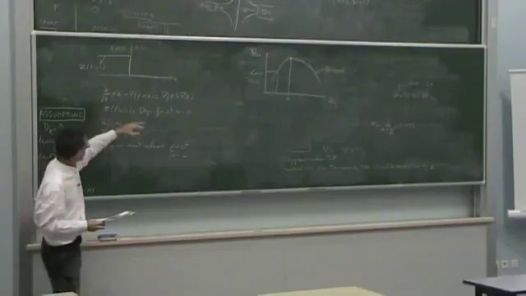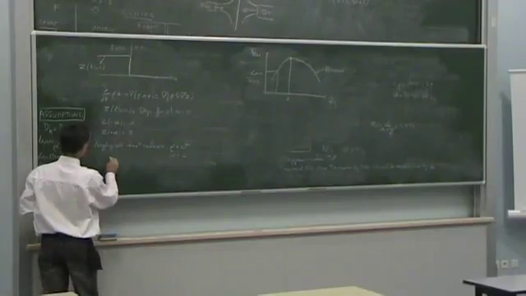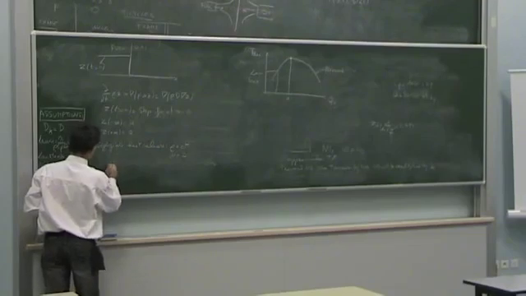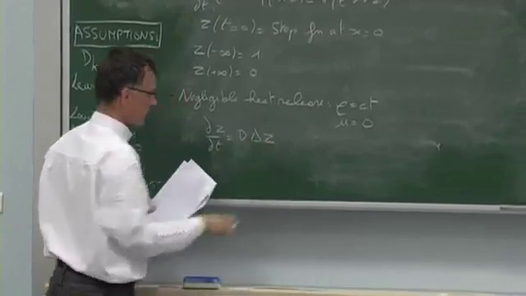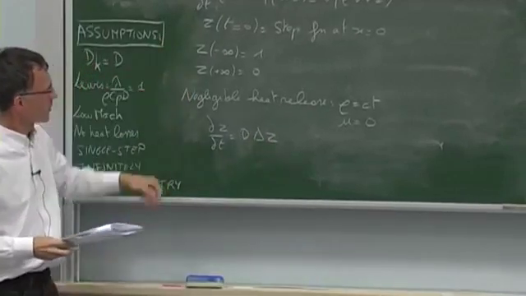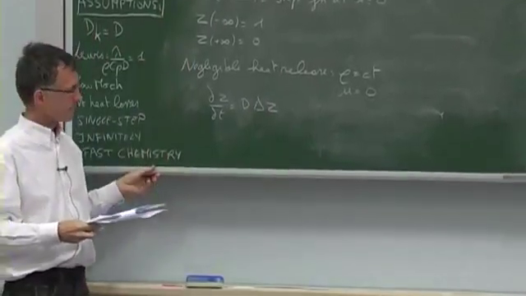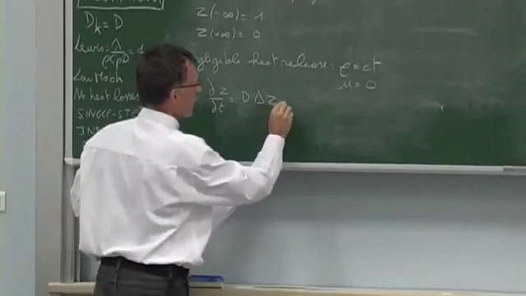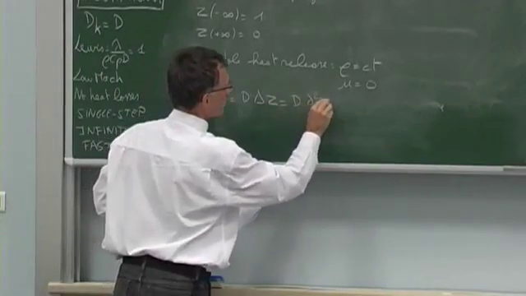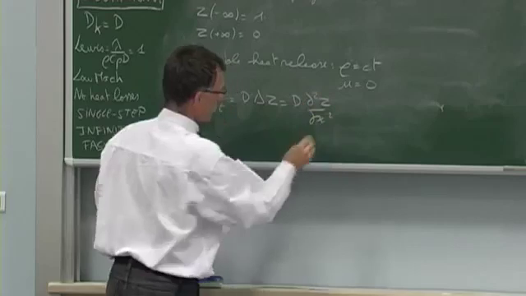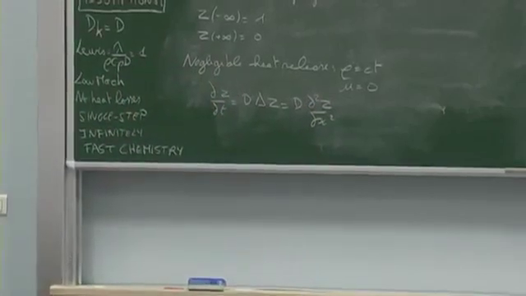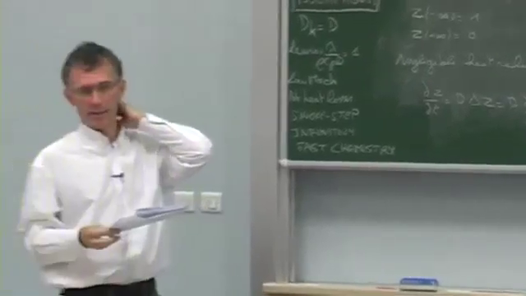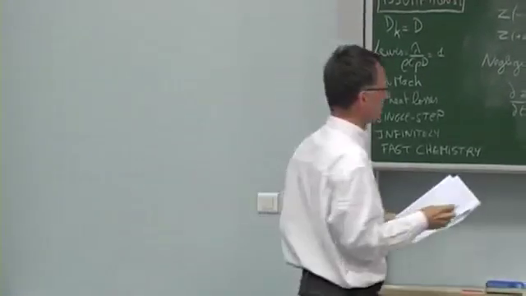So you see that if density is like this, the only equation we need to solve is this one. It's dZ/dt equals D times the Laplacian of Z. Okay, this equation becomes this one. And in 1D, that means D d²Z/dx². Simple enough. You've solved this equation before. This is like the heat equation. I'm not going to ask here who remembers how to do that.